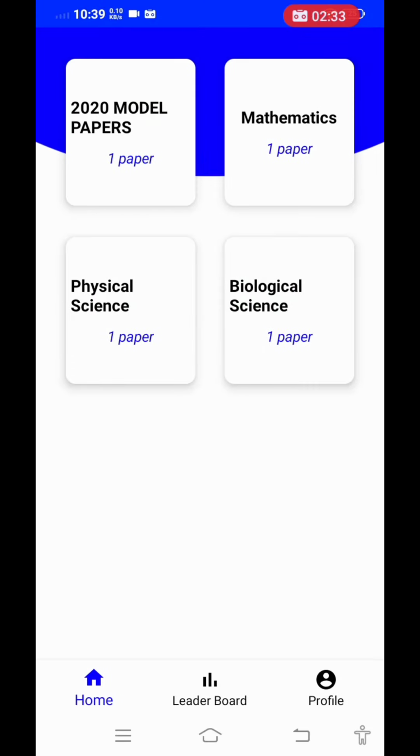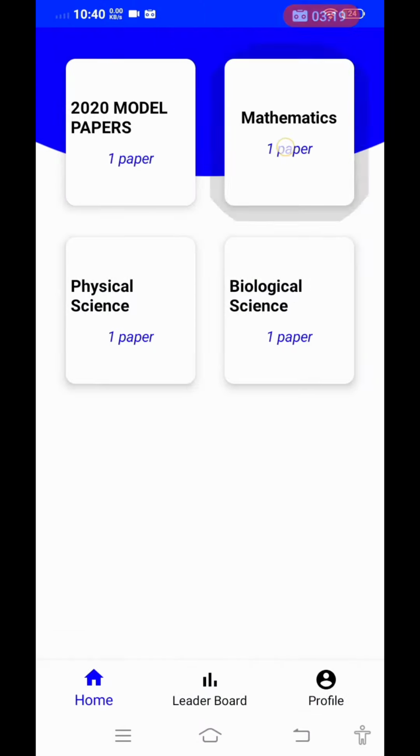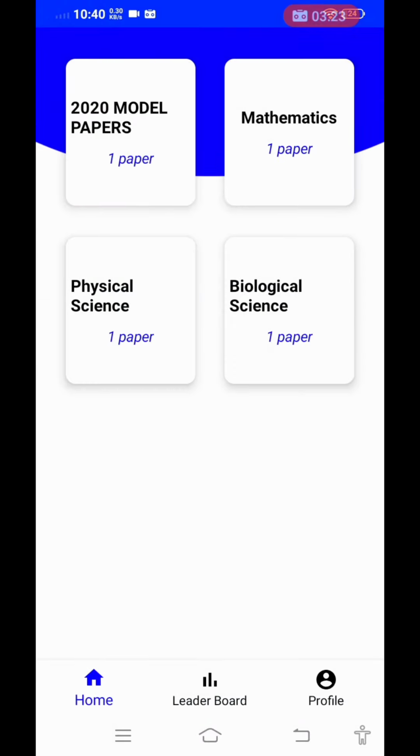Please wait. Here we have categories: mathematics, physics, biology and all. And here we have a model paper, the RGKT set model paper. We are still updating this database, that's why we have just 6 questions here. You can add n number of test papers here. Similarly, you can add the same to mathematics also. Not only mathematics, you can add any category like food, sports, anything which you want.